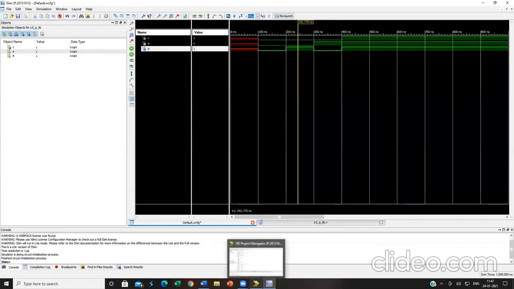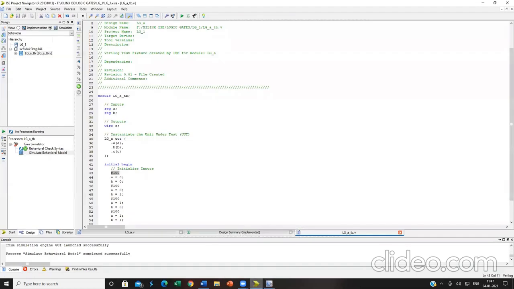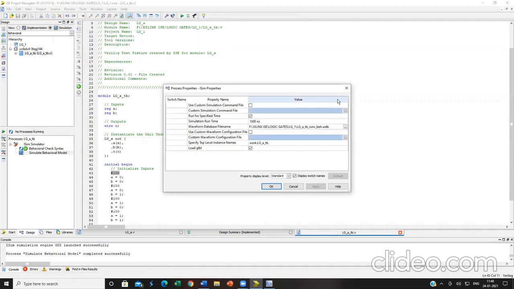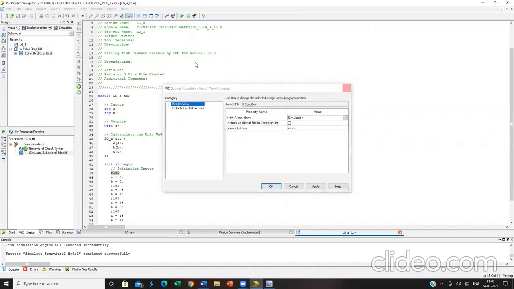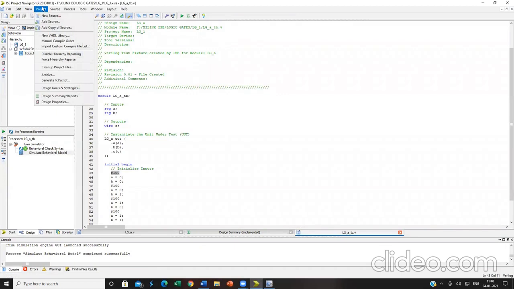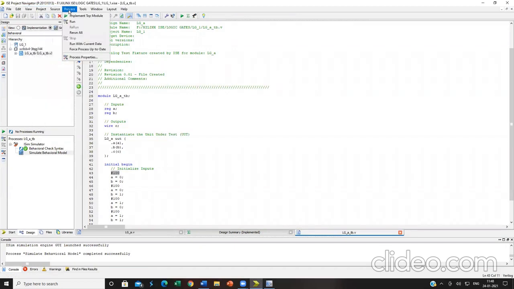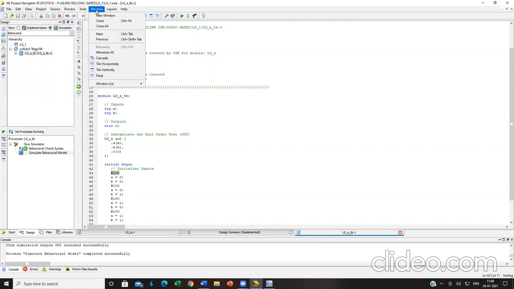Suppose if you want to change the simulation time, come to the original view over here.